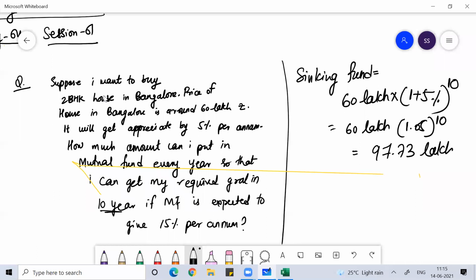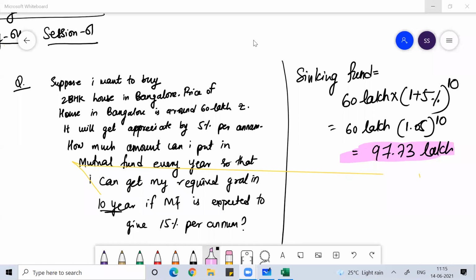So I need to have this much money after 10 years, because you know, you have studied about inflation, the rate at which prices of goods and services that we are consuming are increasing. Every year, I don't know, Supreet knows this better, at what rate real estate prices are appreciating in Bangalore. I'm just assuming that it is 5%. I believe it would be more than 5%. Maybe it got impacted because of Corona, otherwise it would be much bigger than 5%.